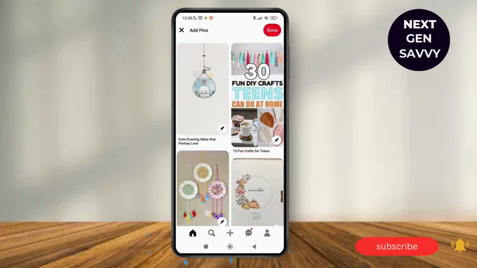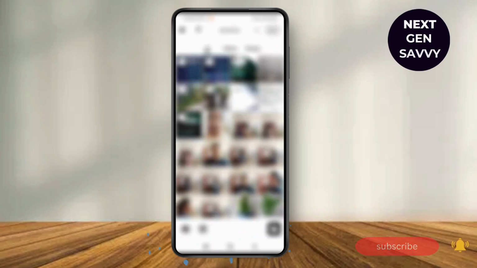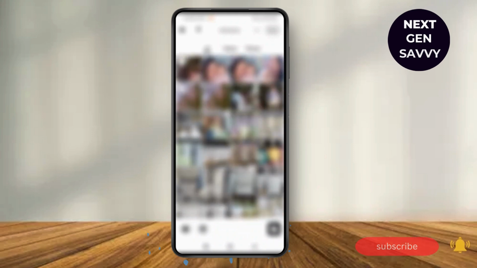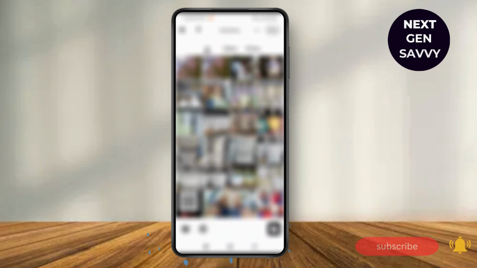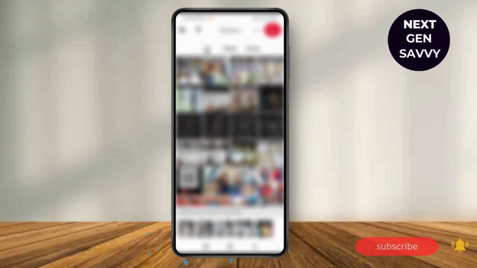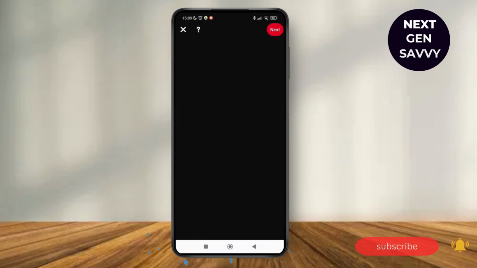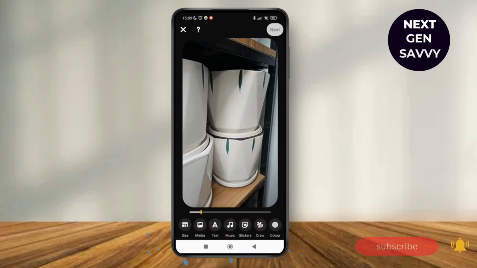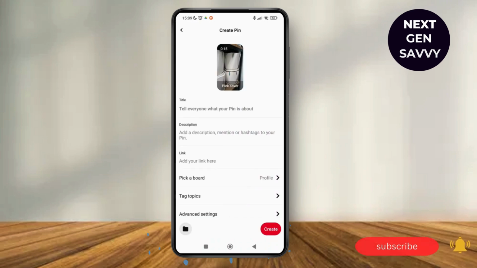So just tap on pin and you'll be able to get access to all your photos in your gallery. Now just scroll down and you'll be able to select any of the pictures that you want to create over here or just want to upload. So here I'm selecting some of these, then tap on next, then tap on next again, and here you can